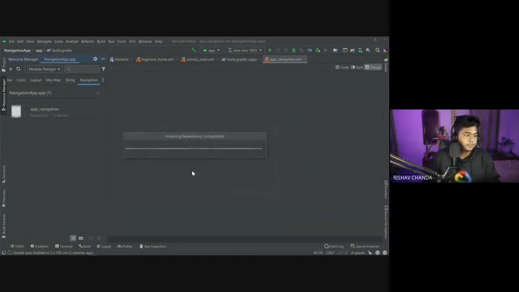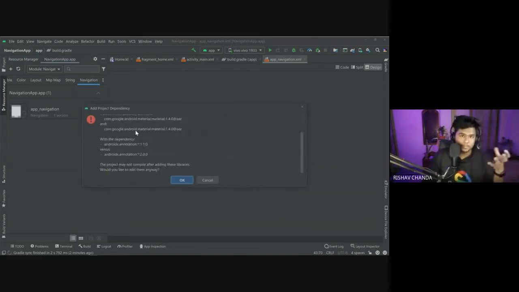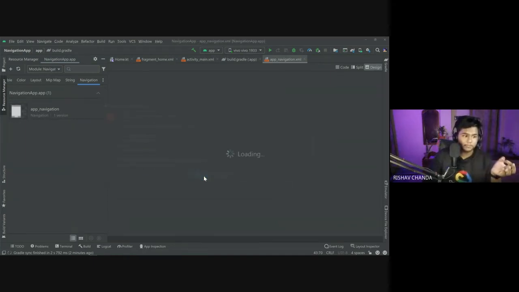Once you do this, it will pop up with the option to add dependencies. The add this project dependency dialog will come, and here are all the dependencies that I was telling you, which you require to implement the navigation. Simply click on OK, and you can see that Gradle will start syncing.